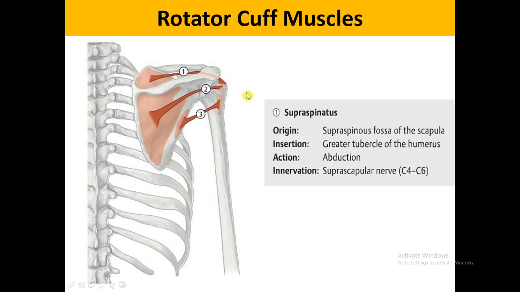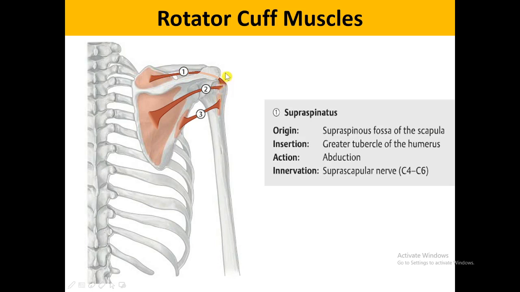So first of all, we're going to talk about the supraspinatus. It is one of the four. So we can see here, number one is representing the supraspinatus, and its origin is from the supraspinous fossa of the scapula. As it is above the spine, this region is named the supraspinous fossa. So the supraspinatus muscle originates from here, and it is inserting on the greater tubercle of the humerus superiorly here